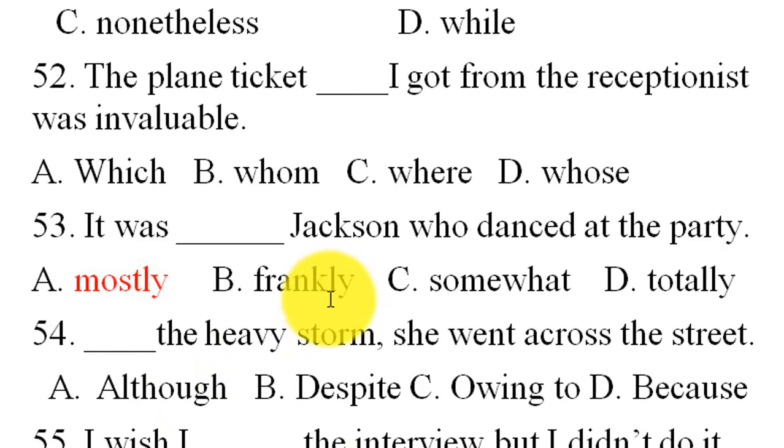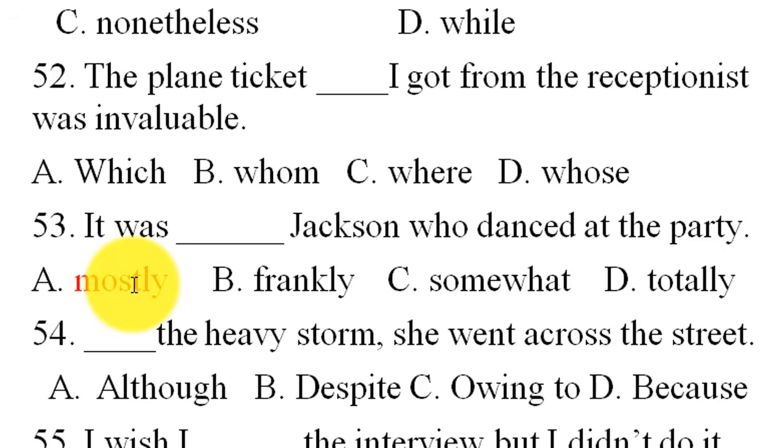I want to focus on Jackson. ይሄን ስጠቀም እኔ ፎከስ ማድረግ የፈለኩት ብቸኛው ፓርቱ ላይ ሲደንስ የነበረው ጃክሰን የሚባለው ነው። ስለዚህ ጃክሰንን ኤምፋሲስ ማድረግ ስፈልግ ፎከሲንግ አድቨርብ ተጠቀምኩ። ይሄ ደግሞ ሞስትሊ ነው። ፍራንክሊ ሰንተንስ አድቨርብ ነው። እነዚህ ሳምሃው አድቨርብስ ኦፍ ዲግሪ ነው፣ ቶታሊ አይደለም።